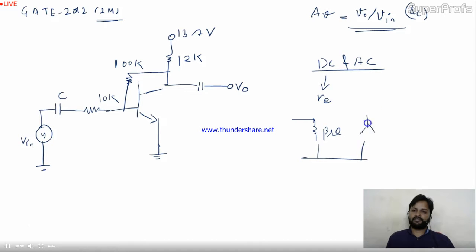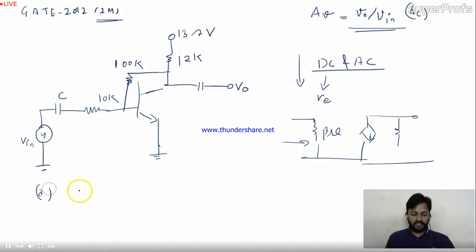Like this, you will consider the collector current and apply all this. In this way you have to proceed. This is the standard way to proceed with this type of question. But in this question, if you observe the options carefully, they are giving the mode of AV as